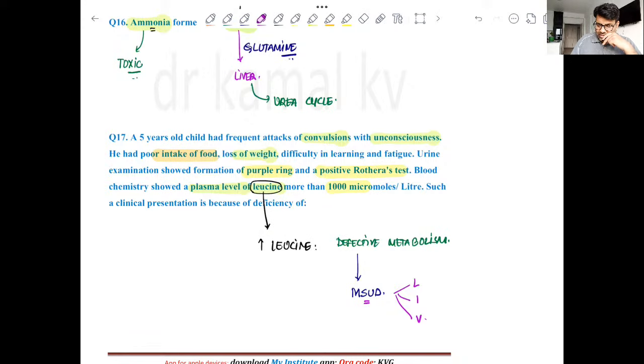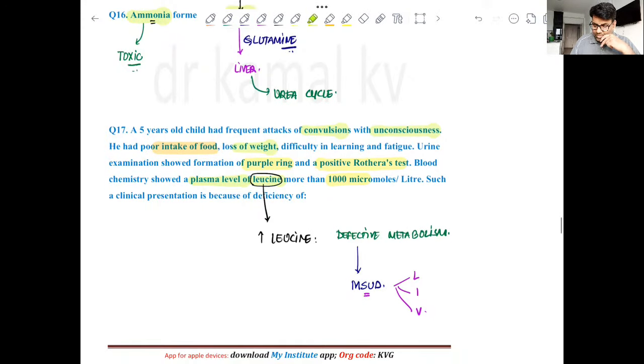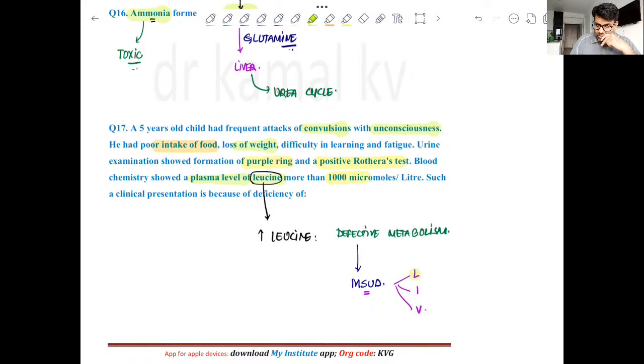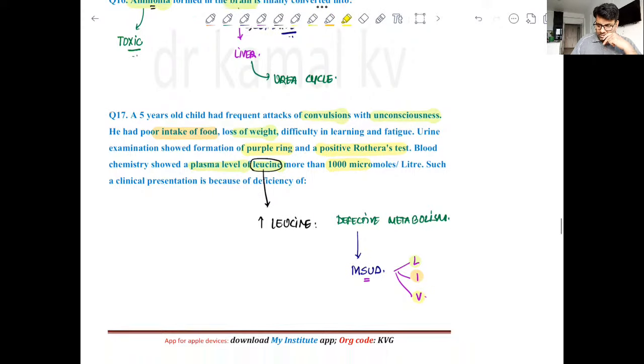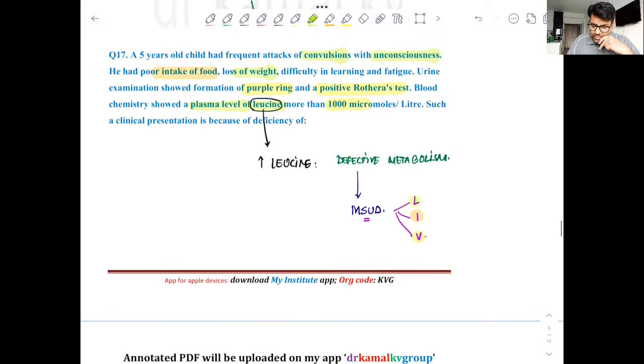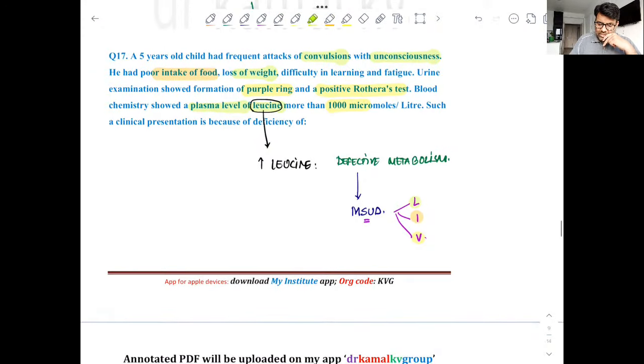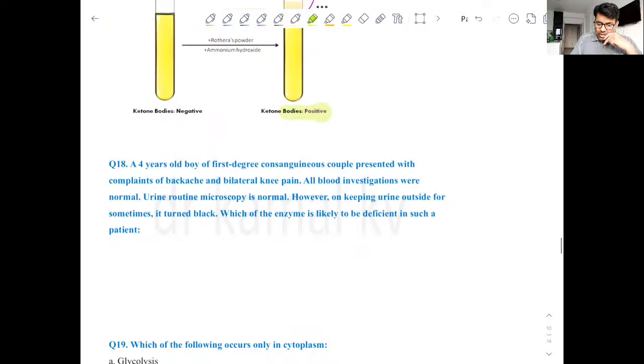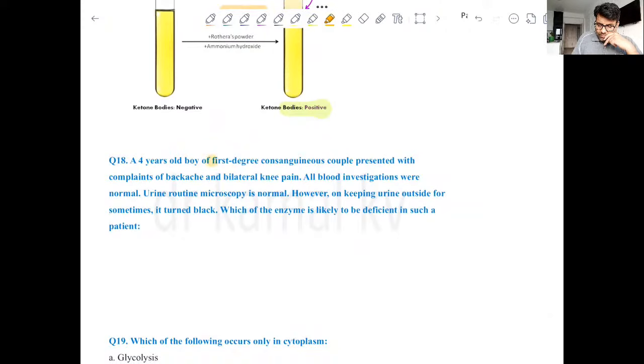Okay, so this is a classical presentation for maple syrup urine disease, where there is defective metabolism of leucine, isoleucine and valine. So this is very important. And in Rothera's test, which suggests ketosis, we can see a purple colored ring. So this is suggestive of ketosis or ketone bodies. Clear? So this is in short about maple syrup urine disease. Fine. Next question is again about first degree